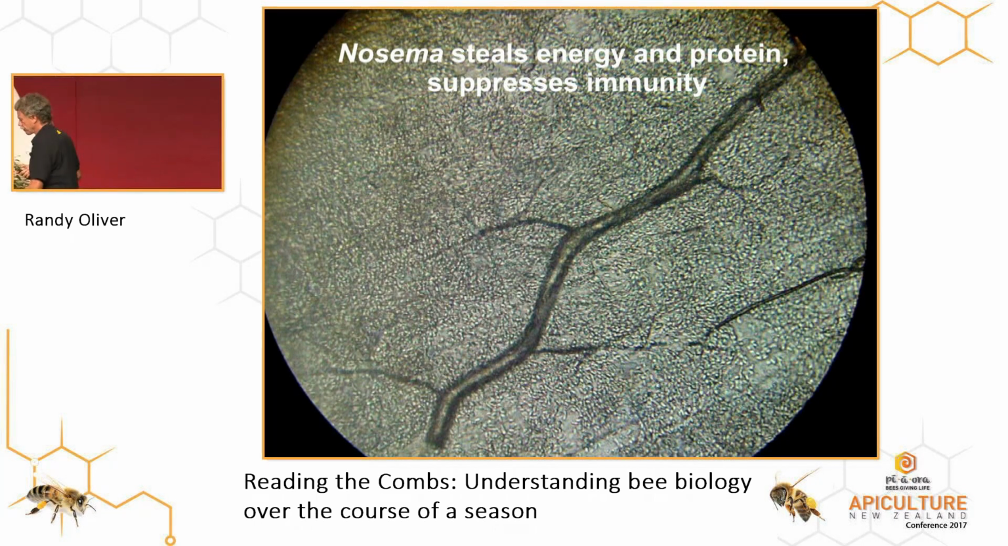This is a photograph I took at 400 magnification. This is a bee's tracheal tube. These striations are its gut tissue. Every one of those little white dots is a nosema spore. That's how thick a nosema is in the gut of a bee